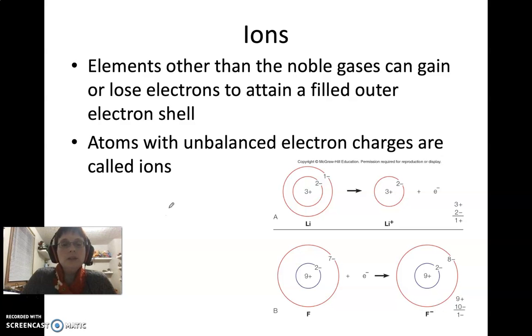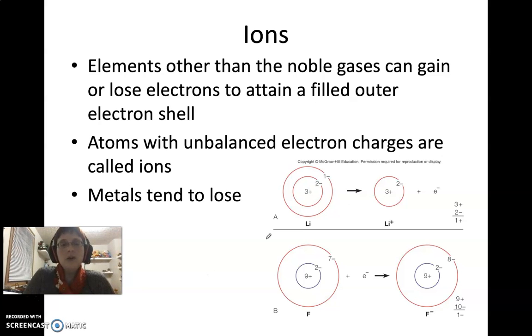If we were to do this with something like calcium, calcium is like lithium, but it has 2 electrons out here. So when it gets rid of them, it's going to be a calcium 2+, or you might see it written Ca +2. You see it written both directions. So you can see it written either direction, but that would mean the same thing as far as the